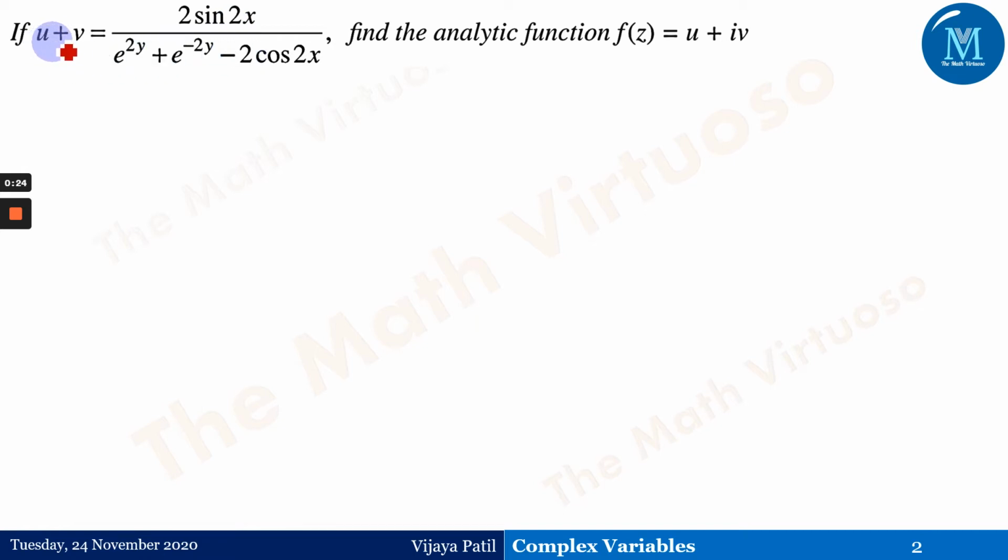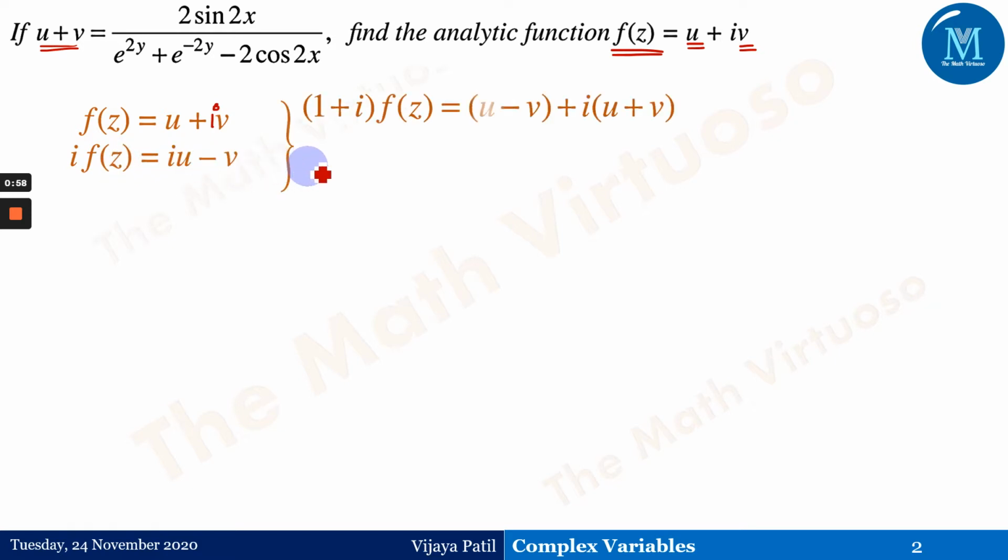So here it's been given to me as u plus v as this function, find the analytic function f of z. They have asked me to find the analytic function f of z, wherein the real part of that function is small u and the imaginary part is small v, and the function has been given to me as u plus v. So the addition of both of them has been given as a function. From here I have to construct and reach this function f of z. So f of z is u plus iv, and i times f of z is iu minus v.